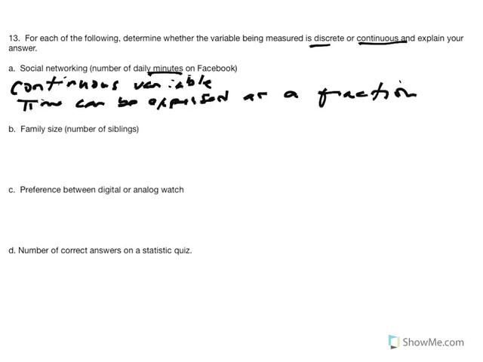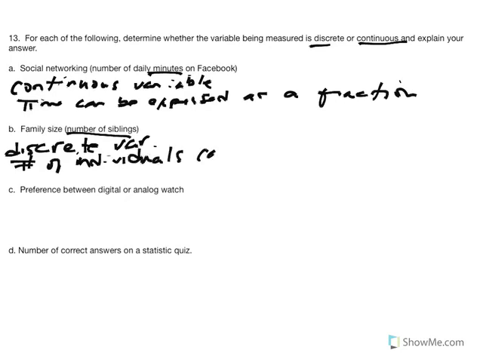So again, family size, number of siblings. We're counting human beings, individuals. So it would be a discrete variable. Number of individuals cannot be expressed as a fraction